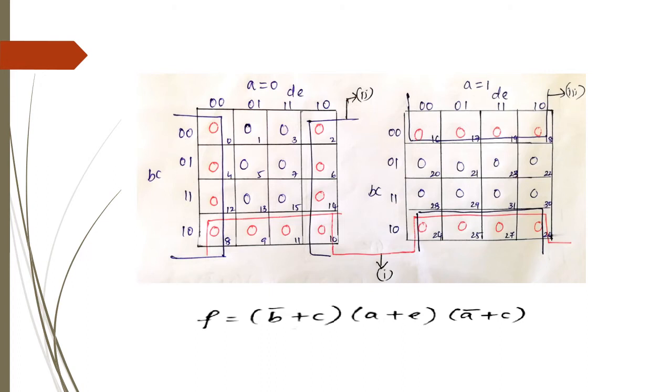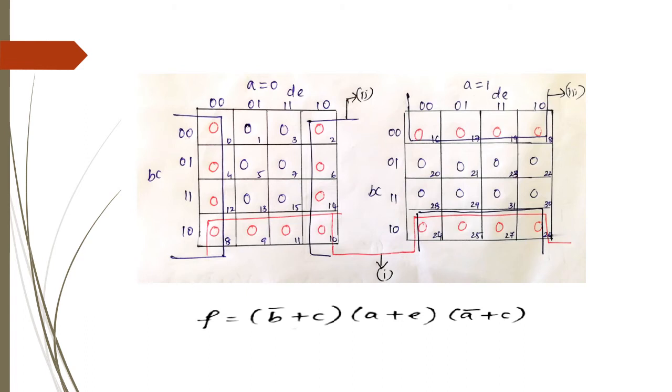Okay, so this is how you can do the grouping. If you check, these 4 cells and these 4 cells can be grouped into 8 cells, and the expression will be what? B is equal to 1, so that's why, since the output should be evaluated to 0, you are supposed to write B bar, and here you have C equal to 0. So write as it is, and that's why you get B bar plus C.